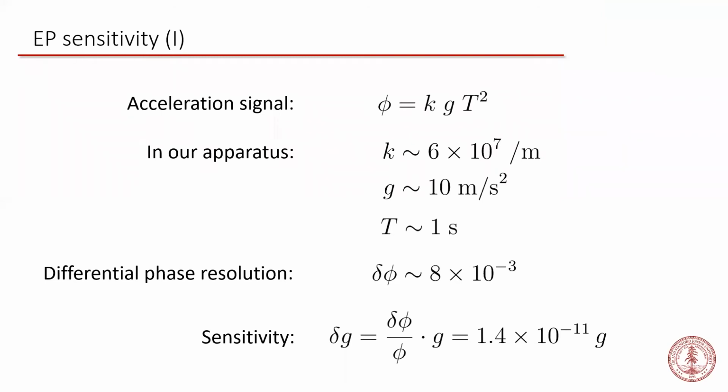And that was obviously set primarily by the height of the experiment? That's right. The problem is that the atoms fall down, so you have to let them fall a long way if you want a long time interferometer sequence. Understood. Thank you. So hopefully this gives a sense of the numbers. With previous atom interferometric experiments, this number was more like 10 to the minus 7 g per shot, so this is a big sensitivity improvement.